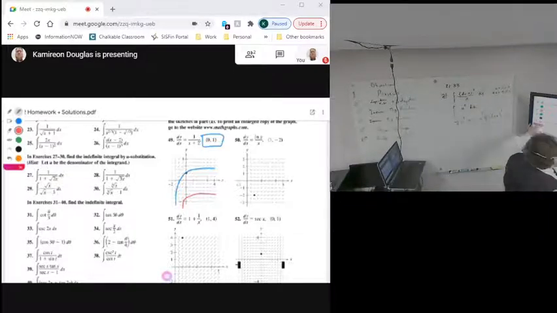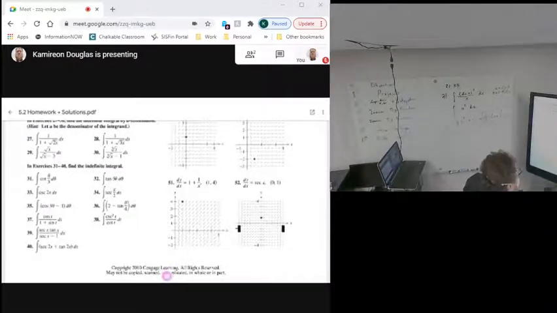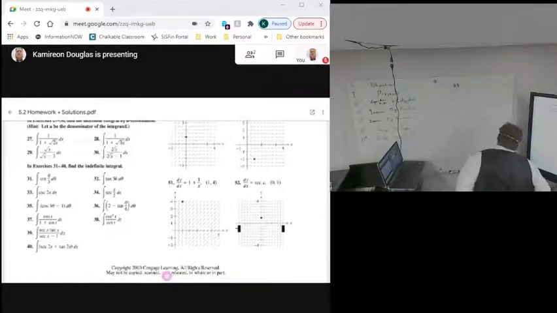Answer question. 33 says the integral of cosecant of 2x dx. So why don't you just work out the integral back here? 33. Integral